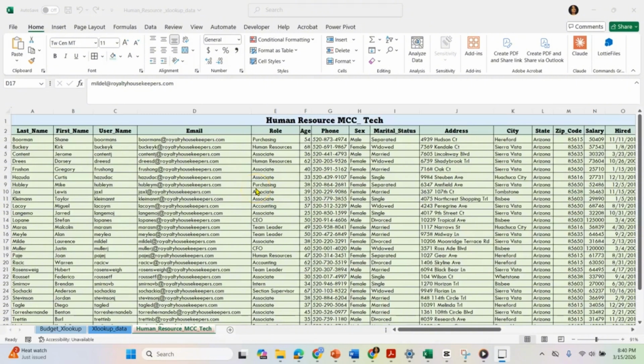For our next XLOOKUP example, I'm using the same dataset from Chapter 7 that we used for the Pivot Scored Assessment. The reason I chose this dataset is because it contains a large amount of data, which makes it perfect for demonstrating the convenience and power of XLOOKUP. This time, I renamed the worksheet Human Resource